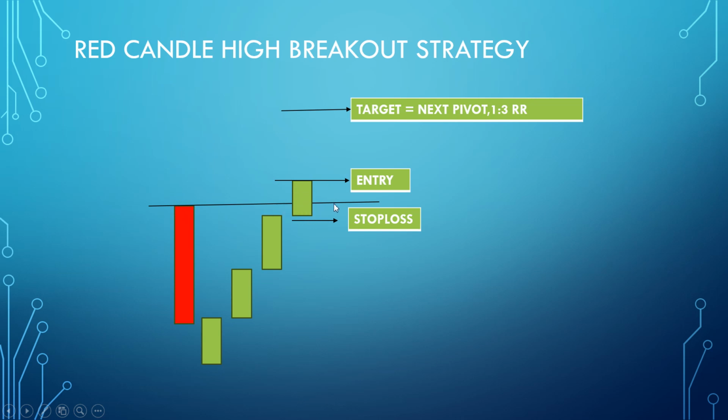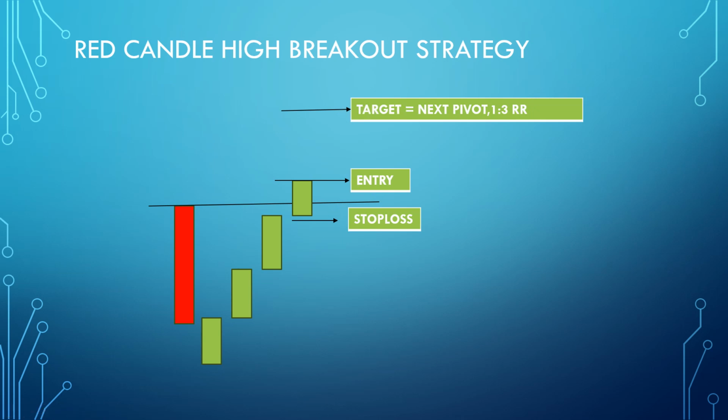See, this is the line. Only if it closes above this line will I enter. After the close of this candle, I enter. I place my stop loss below this entry candle. Most likely, if the candle is very long, then I will wait to take the trade at a discount. That means when the price comes to this area, I'm going to enter the market, and I make sure I put the stop loss below the entry candle. So this is the entry, this is the stop loss, and your target should be your next pivot or 1:3